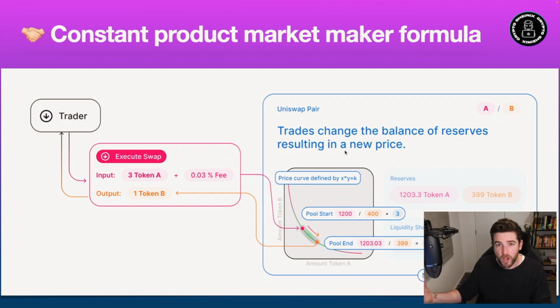There is no other person or trade behind. You just trade against a pool of tokens. Okay, let's move on now to